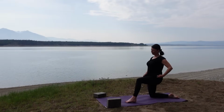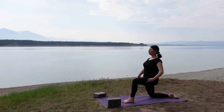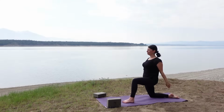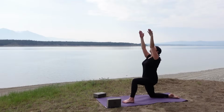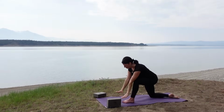Let's inhale as we reach up, palms face in. Exhale, bend the elbows, release the arms. Inhale, reach up, look up if it's okay on your neck. Exhale, release. Inhale, exhale, release the arms. Once again,